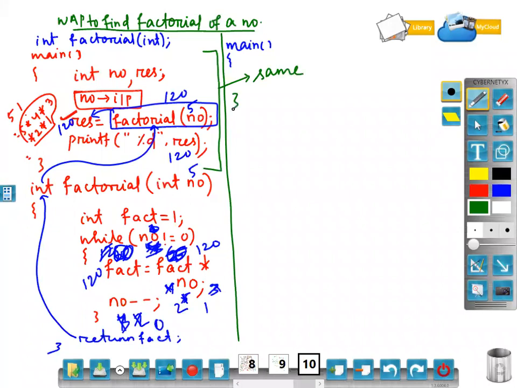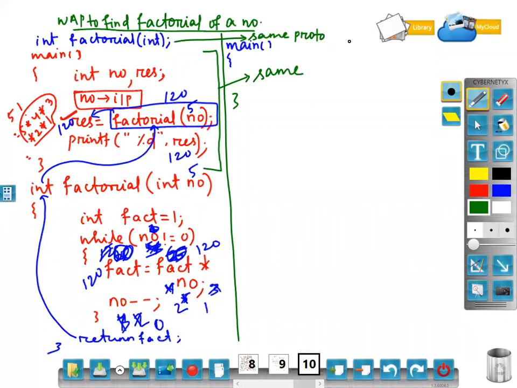It will not change at all. You will take that input number, declare a variable which will accept the result, call the function, and then print it. Totally the same. Whatever you have written in the function, the same format you have to write inside the main function. Now if this is the same, your prototype will also be the same.